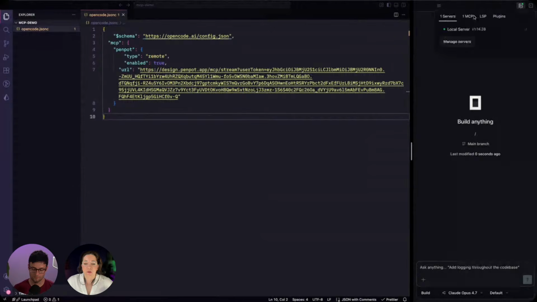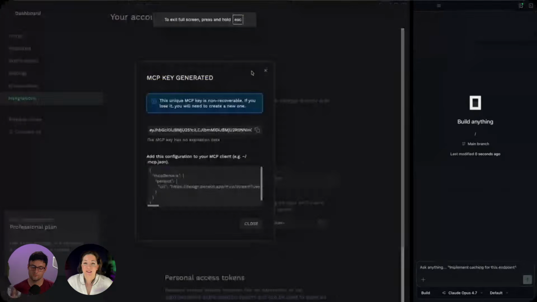It often likes a reload or a restart. If I go to the little status, I can see the Penpot MCP is connected, and that's a little green status icon alongside it. So once I have that, I can go back into Penpot,